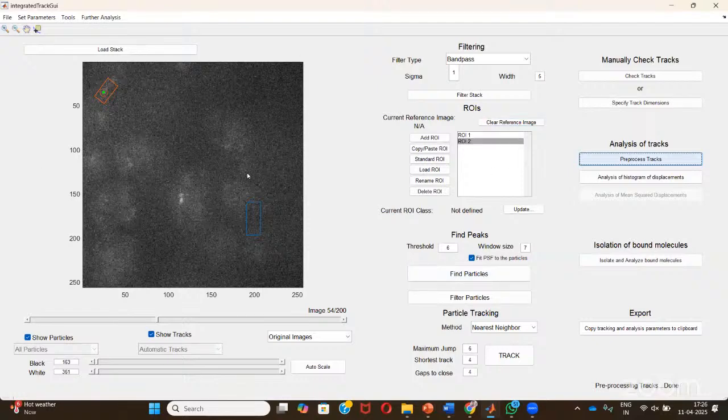You analyze these movies to generate the tracks. Once you make the tracks, we keep certain criteria. Suppose for my model system we have standard values. For example, I will track 1,000 tracks. So we generate the data for 1,000 tracks, and from there we estimate what percentage of molecules are bound, and of those, what percentage of trajectories are residing for how long. Basically that will be our end product.